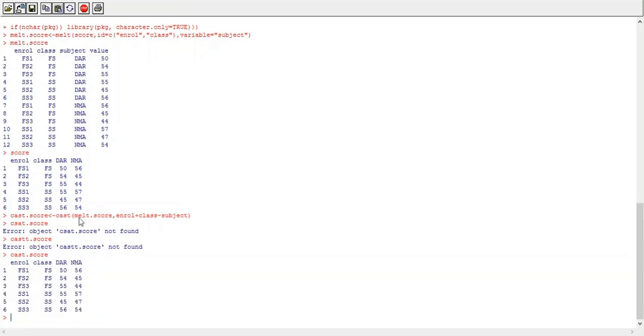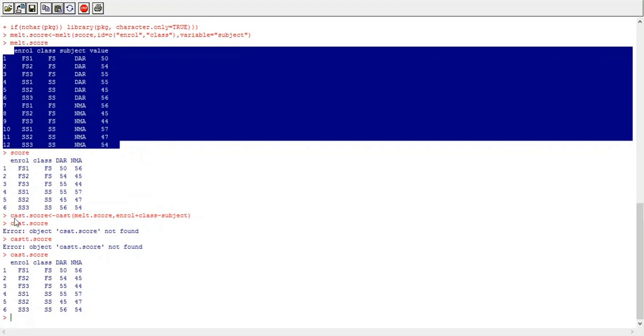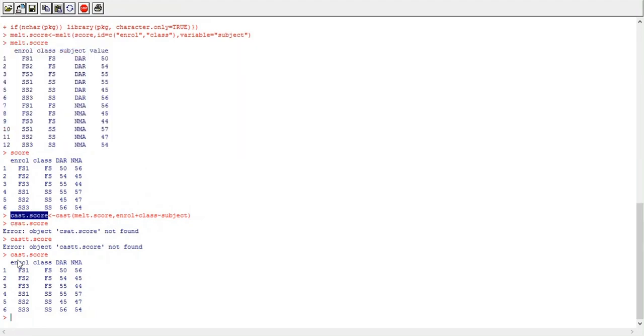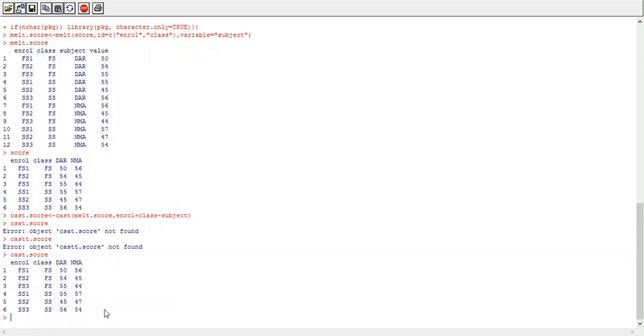I have converted melt.score, this long format, into wide format, cast.score. See, we have got our original data frame which was in wide format. So this is how the melt and cast functions can be used to translate long format into wide format and wide format into long format.